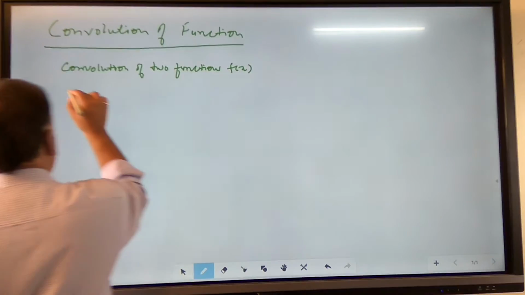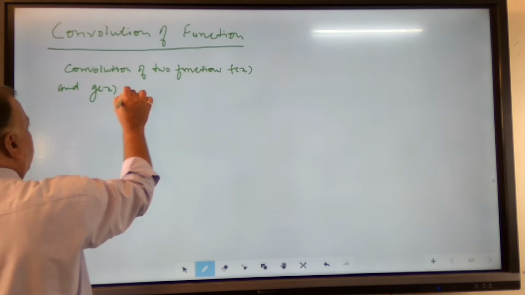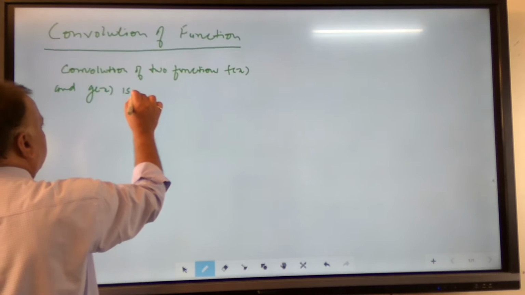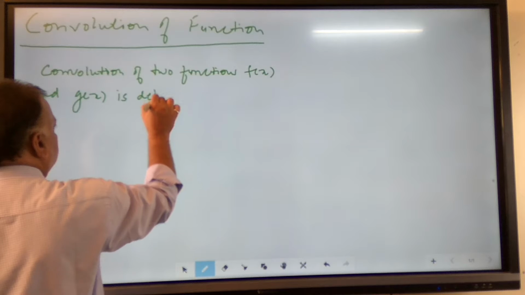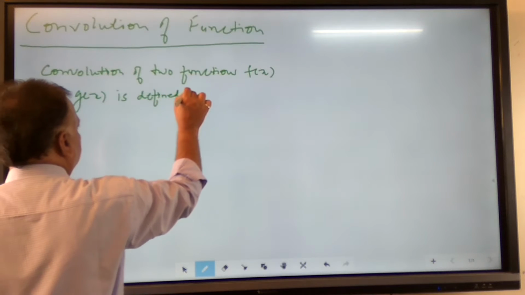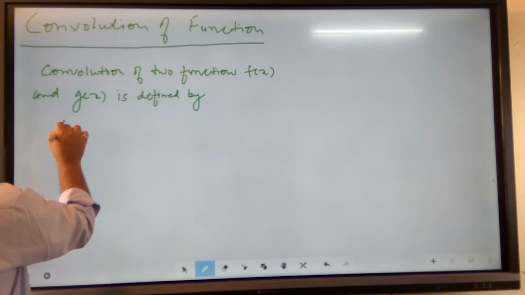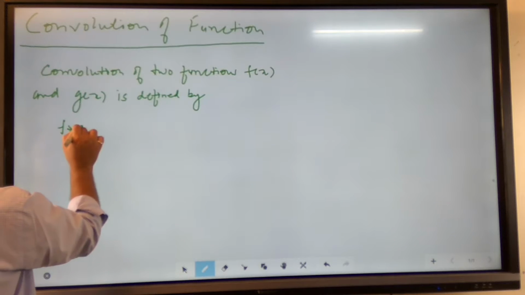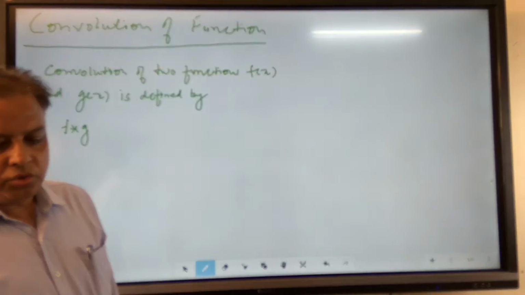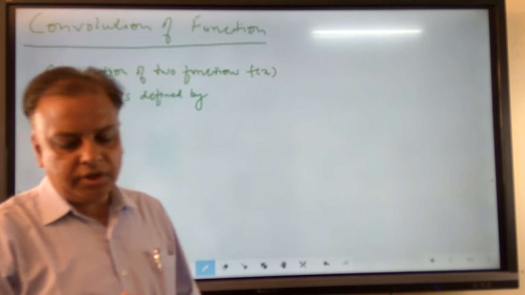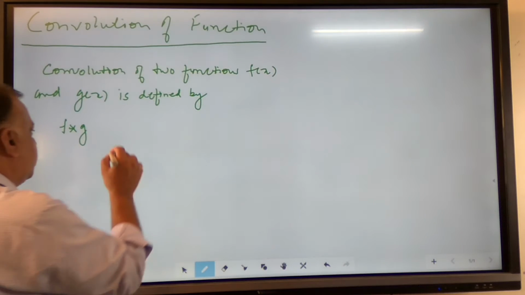f(x) and g(x) is defined by f star g, denoted by f star g. So f star g is the convolution of two functions, and the convolution of two functions is denoted by